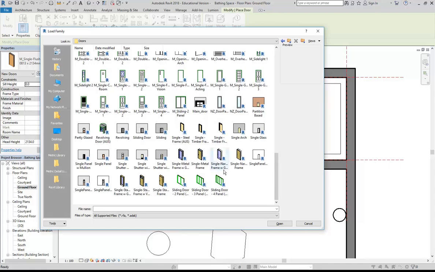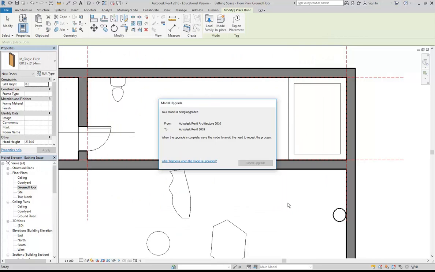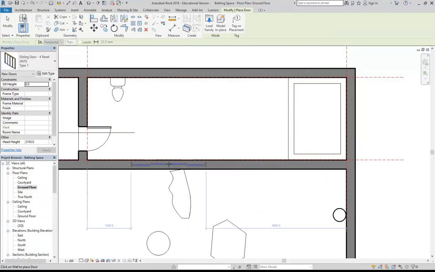Okay, so I'm going to find doors that I want. Maybe I will just go for one of the more common ones, this sliding door 4-panel Oz. Oz just means Australia, so that is actually one made here. And I'm going to double click on it to load it in. But this time, I want to also change the size. So over here in properties, you can see the sliding door form panel comes up, and below that,